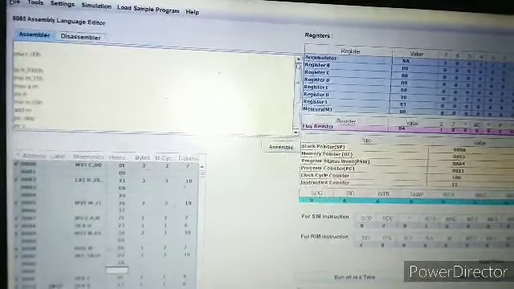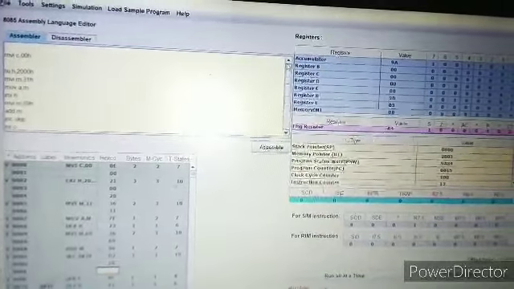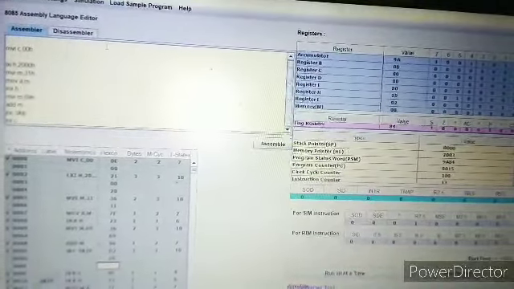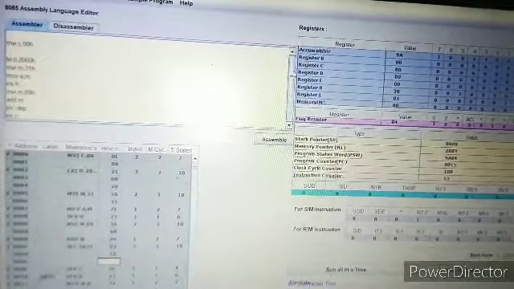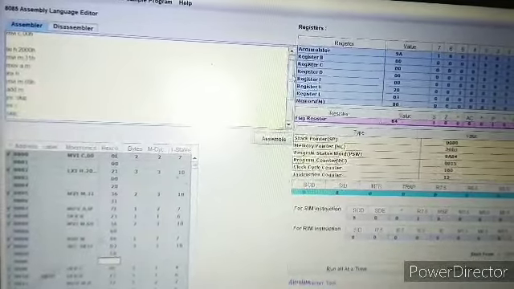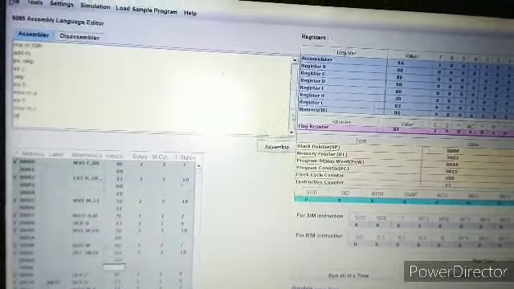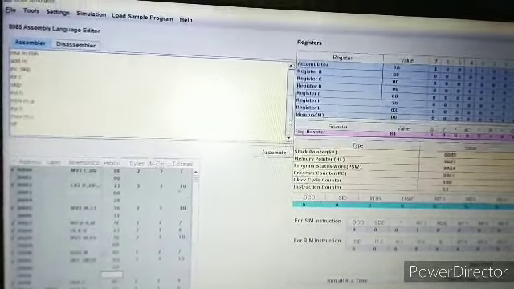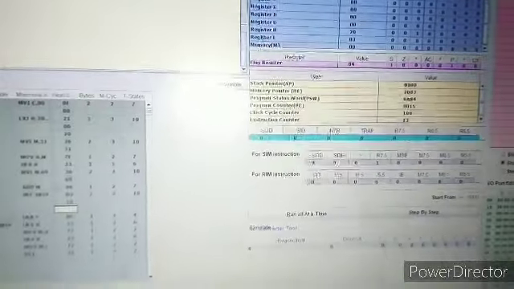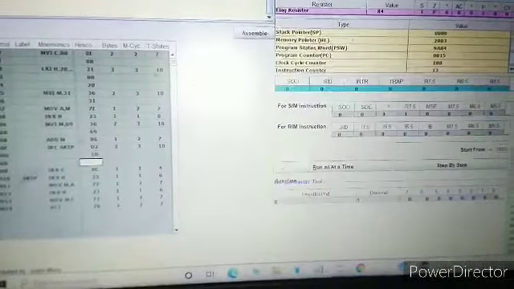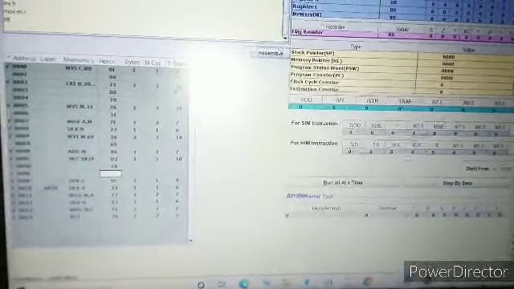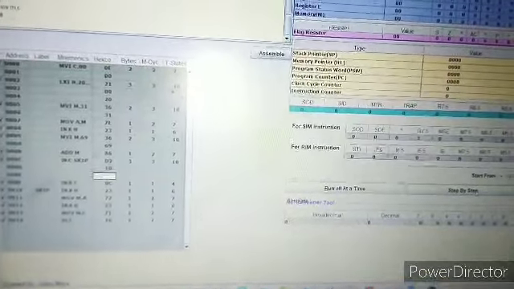As you can see, I've already written my program. MVI C, 00H, then LXI H, 2000H, MVI M, 31H, MOV A, M, and each and every step that I've already written in the program. Please consider the notes. Now let's first assemble, then let's run it step by step.